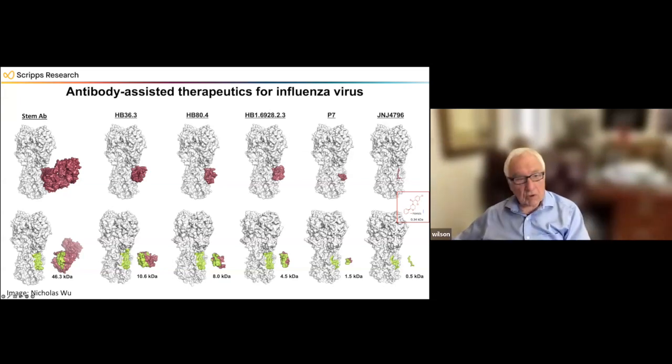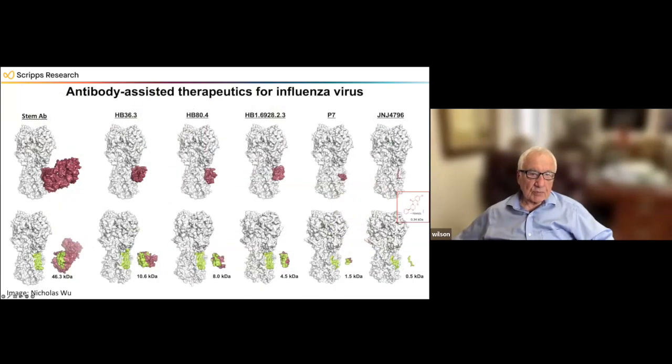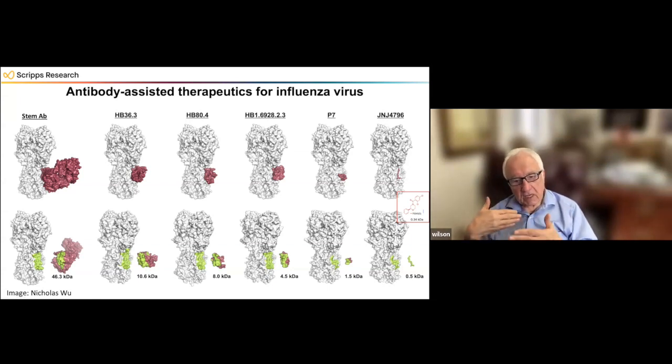And so what we're seeing is that we started off with this structure. David Baker's group kept on working to smaller and smaller proteins. So we go down from around 50 kilodaltons to 10 to 5. Then we had this cyclic peptide, and then we have a small molecule. And then with Dennis Wallen and Seiya Kitamura, we've actually been working on improving that to get even smaller and more potent molecules that can inhibit that. So this would be a really good place to target because you want to stop the virus getting into the cell.